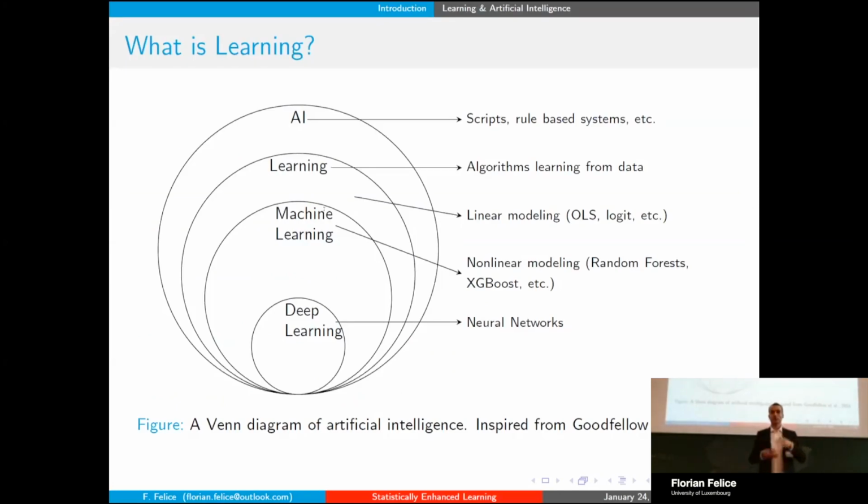So in this context, what we mean by learning is that I think you all know the term artificial intelligence, which can be a very large term to include everything which is rule-based and any kind of computer-based calculations. And what we mean by learning is whenever you have data coming into the picture, when you start having models. So it includes traditional statistical and linear models that we all know and that have already been mentioned earlier today or even yesterday. But it also includes more recent fields of machine learning or deep learning. All of these are included in the sphere of learning, and that's what we are considering as a global context here.